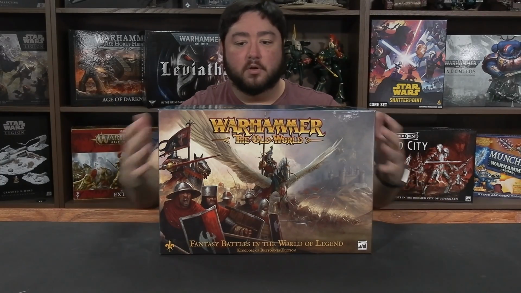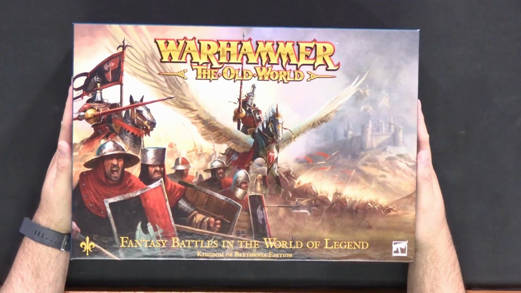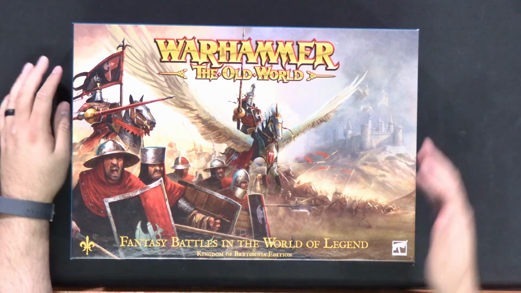Alrighty folks, Warhammer: The Old World, really fast. If you're looking above, top down, here you go. There's the top of the box, front of the box. This is an entire Bretonnian army in a box. So if you're looking to dive into Warhammer: The Old World and you want to play Bretonnians, just pick this